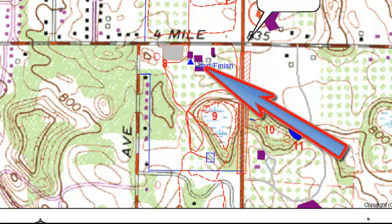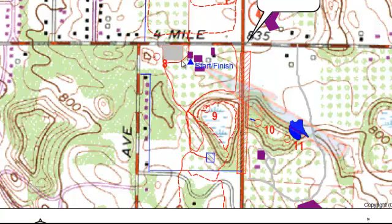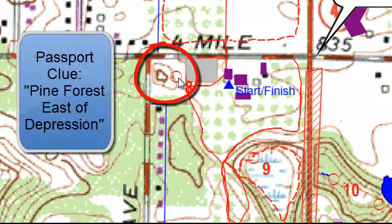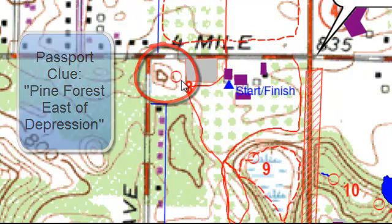All right, the race started. Here's the start, and I chose to hit checkpoint 8 first. It was right by the building, easy to hit. And once I got there and realized I had a bunch of headlights following me in different areas, I chose